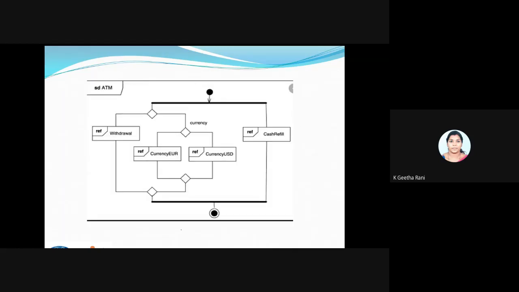The same way, a bigger interaction is there. It's an inline interaction. That is what is SD ATM. Inside this, I'm having so many small reuse interactions. Okay, so here this flow is there. We have an initial and the final, and this diamond box tells you about the decision nodes actually. Fine. So this is how we are going to represent this interaction diagram, but in sequence and collaboration we'll be learning in a very different way.